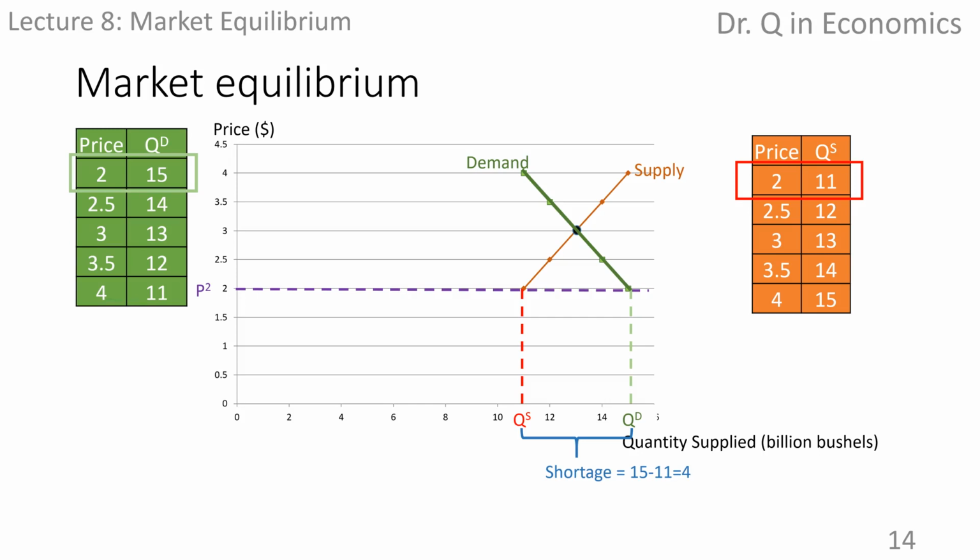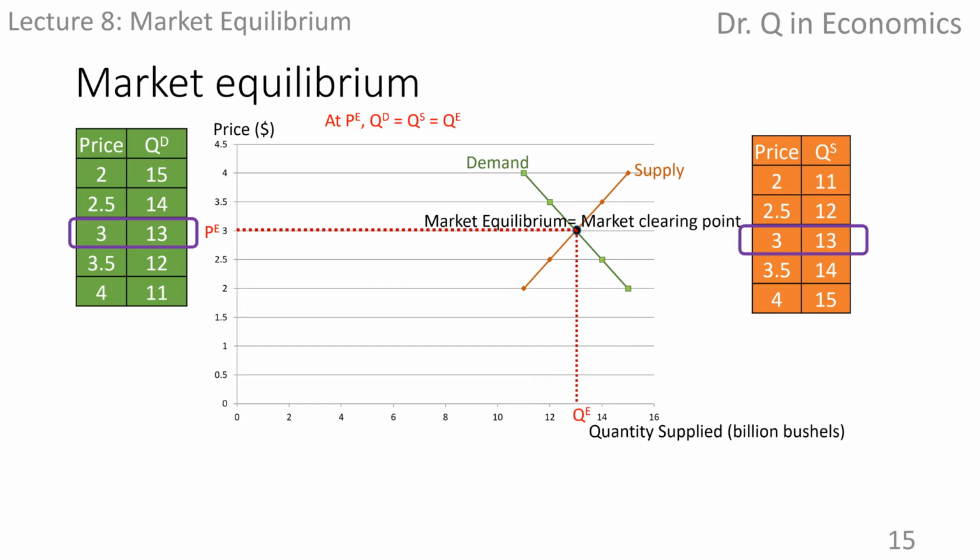Then the sellers realize that the corn is sold super fast. They cannot keep up with the orders. They'd better push the price up a little bit. To where? Hopefully, they eventually figure out the market clearing or equilibrium price $3, so that quantity demanded equals quantity supplied, no surplus, and no shortage.